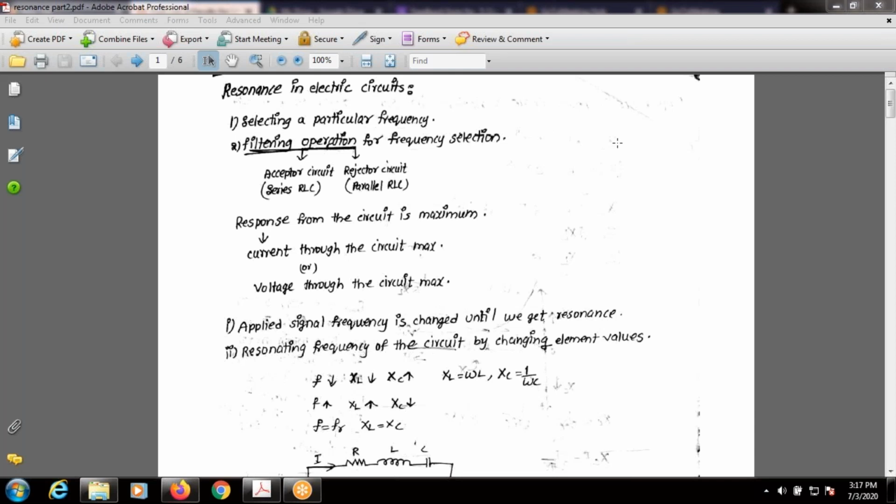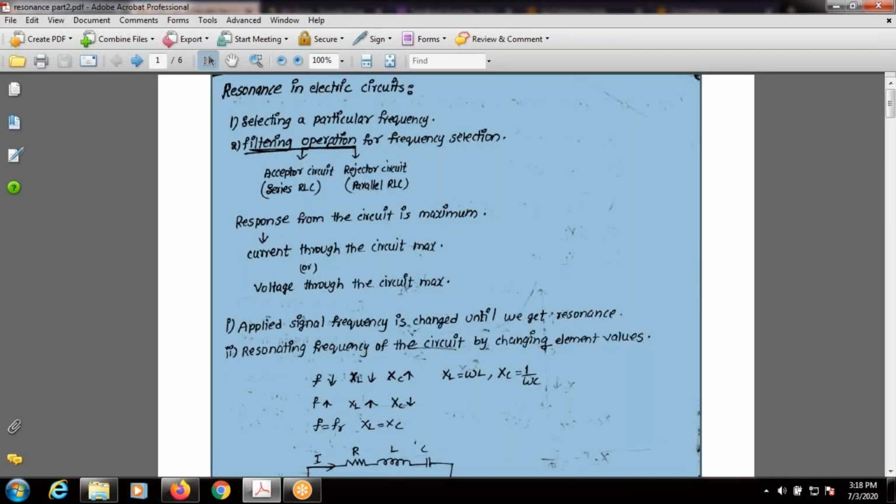Okay, already we know these two are energy storing elements, and already we discussed in last class what is the response of these two elements with respect to a sinusoidal signal. What is the phase angle? Whereas in a resistor, the phase angle between the applied voltage and resultant current is 0, and in the remaining two elements, one is leading, another one is lagging. Now today we discuss bandwidth derivation in series resonance circuit.